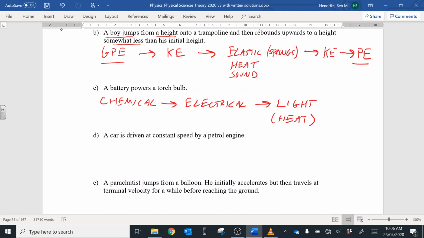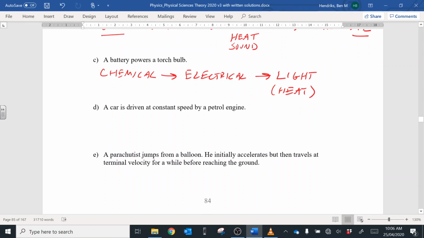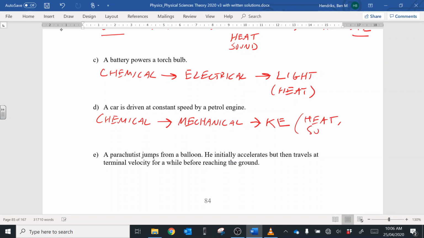A car is driven at constant speed by a petrol engine. Okay, so we have chemical energy in the fuel, goes to mechanical and kinetic, and of course heat, sound.